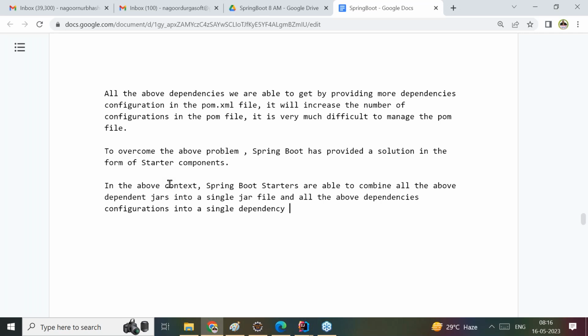Understand it clearly. All the above dependencies are combined into a single dependency